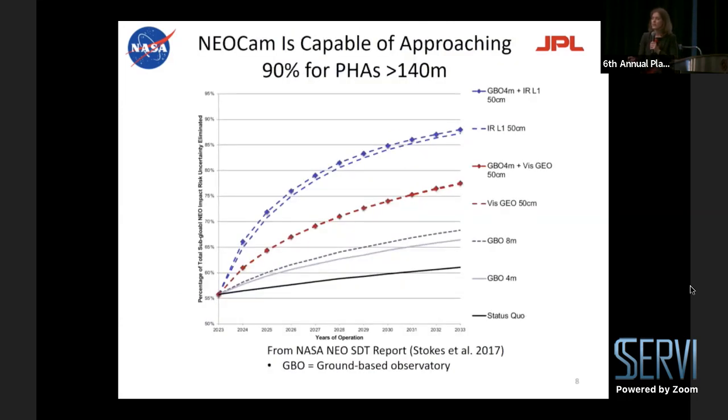In terms of capability, this jives pretty nicely with what Lynn showed. An observatory that is actually functioning with a ground-based observatory operating at about LSST's sensitivity here. This is from the NASA NEO Science Definition Team report in 2017, has the best chance of actually reaching that 90% mark on 140-meter objects, not actually H of 22. As Joe pointed out yesterday, when you take into account the low albedo portion of the NEO population, you really need to be shooting for completeness at about H of 23 if you really want to reach 90% at 140 meters, as opposed to H of 22.